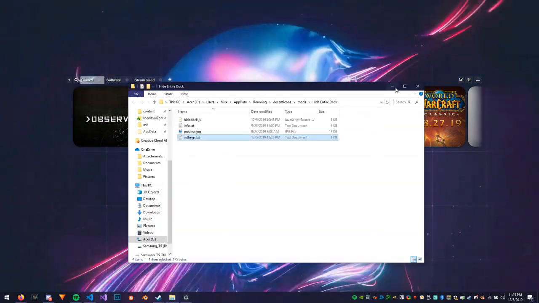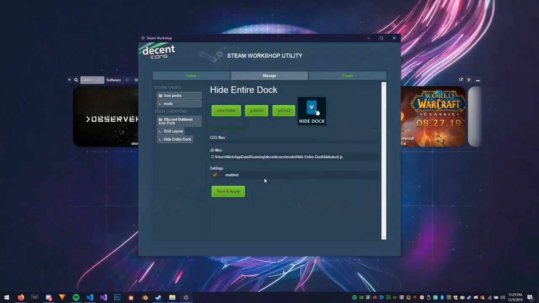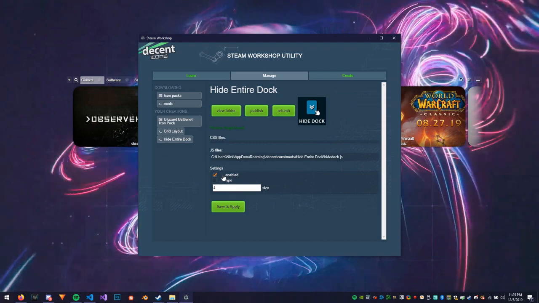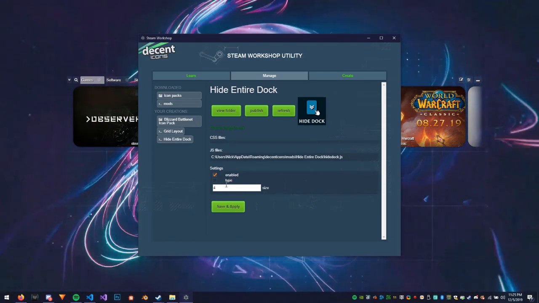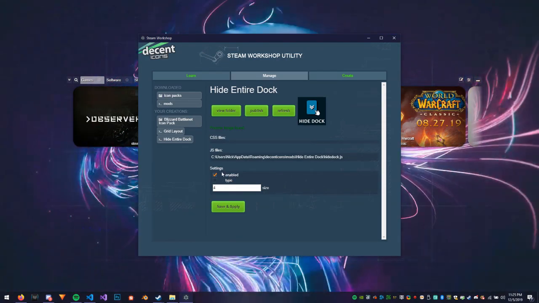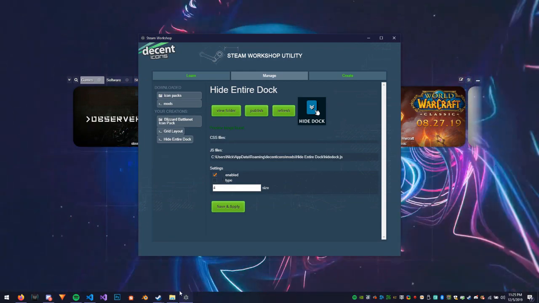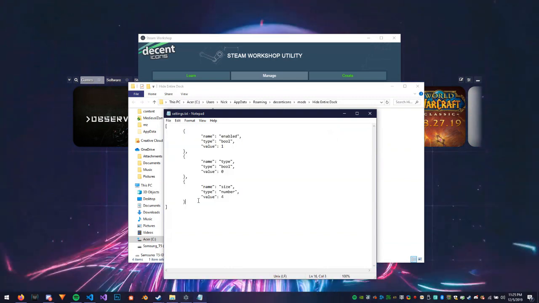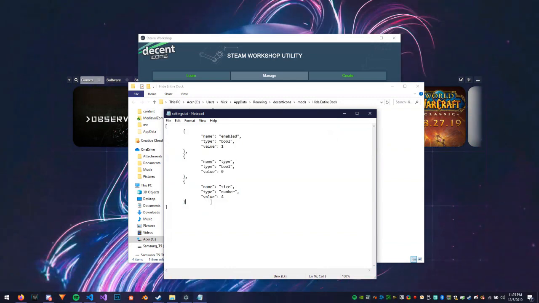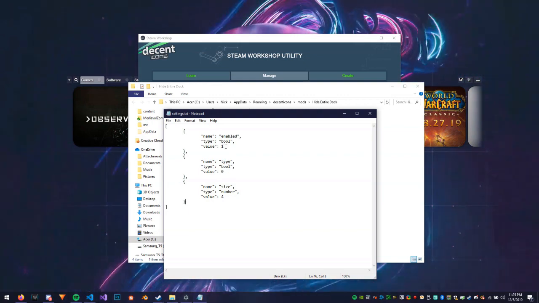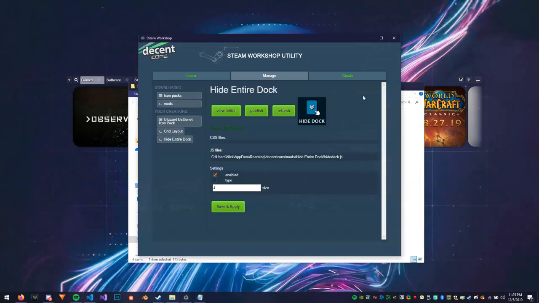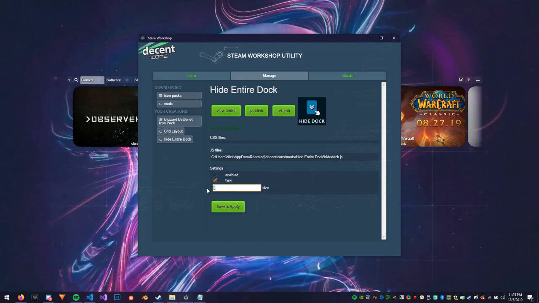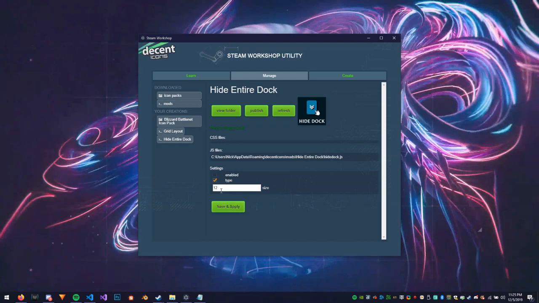So let's close this, head back to the workshop window and refresh, and here you can see our mods are loaded up. Now, one thing I need to explain to you is that these settings here are the defaults. Basically, when a user downloads your mod, this is what settings they're going to default to. So whenever you change your settings here, if I turn off enabled, I change type, I set this to 12, hit save and apply,